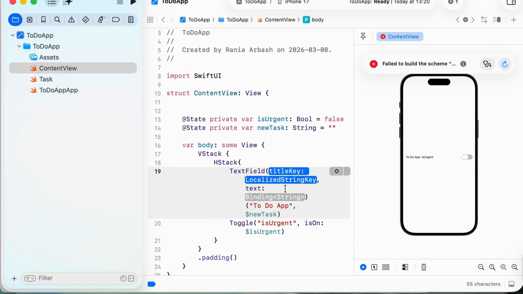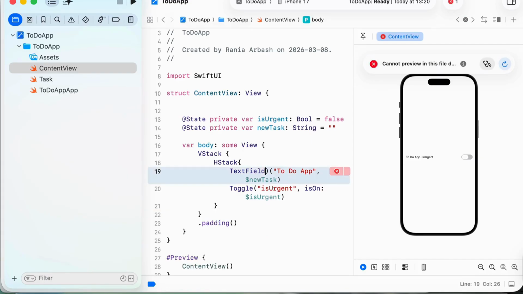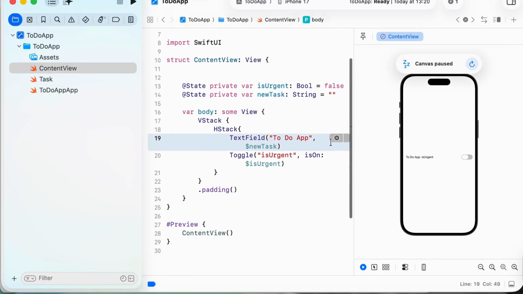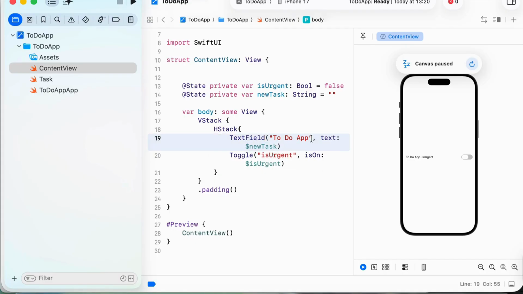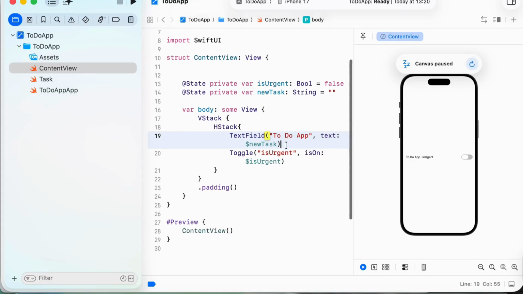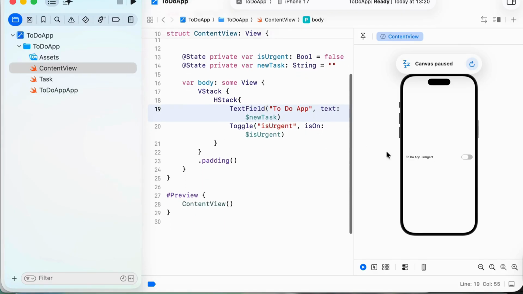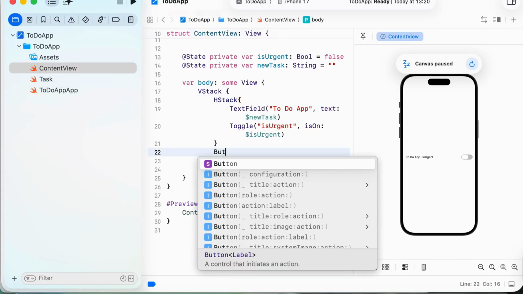There we go, and I do have both of them ready, so I will just keep it as before. All right, I will here add text in. Perfect. So this is here the area within the HStack, and then I will add the button,